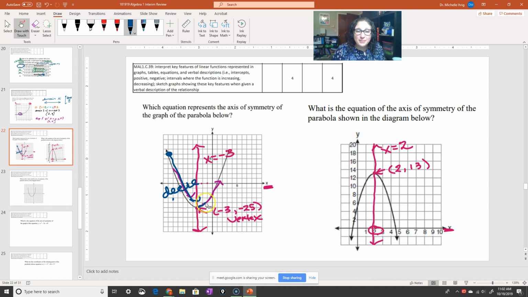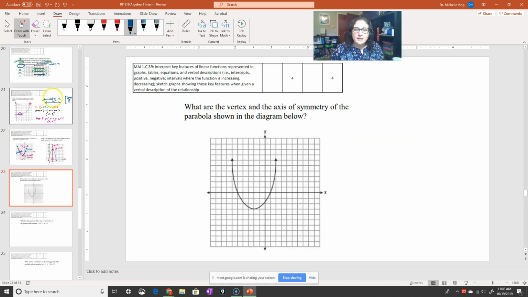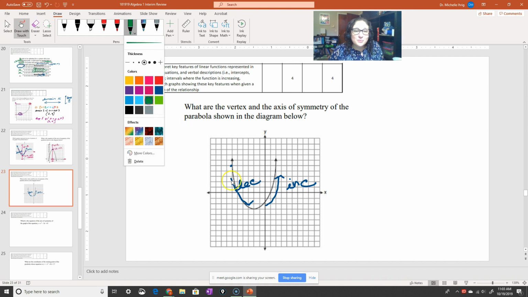What happens when you get to the bottom? You're going up, so it's increasing. That's it. What happens when you're right at the top? You're perfectly level. Nothing happens. That has no slope. And if you're on a cliff and you went straight down, undefined. That's it. Okay, let's take a look here. Here you start, you're going down, so you're decreasing. Here you're going up, so you're increasing. Simple. Then it says, what's the vertex?